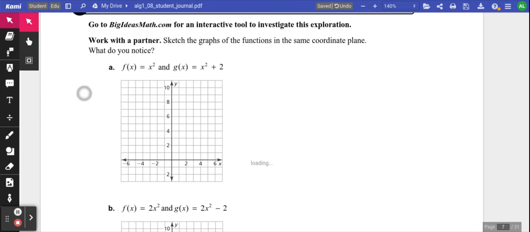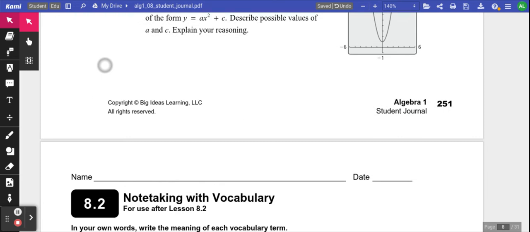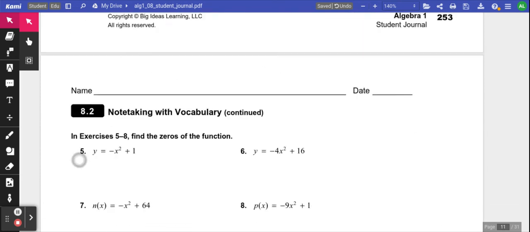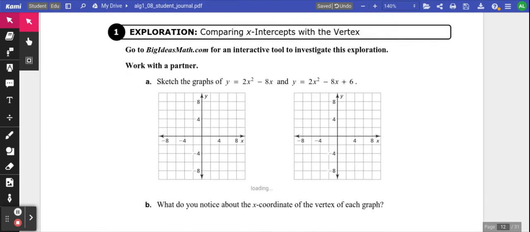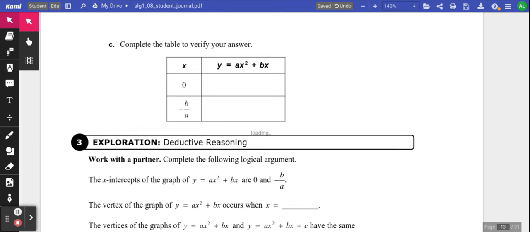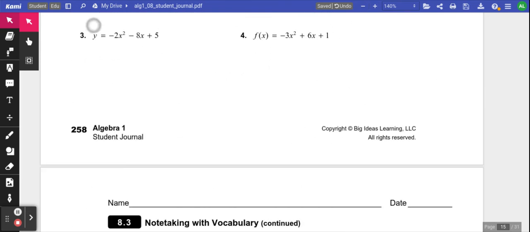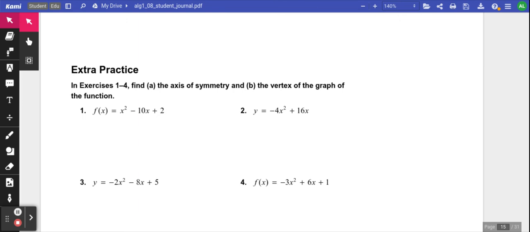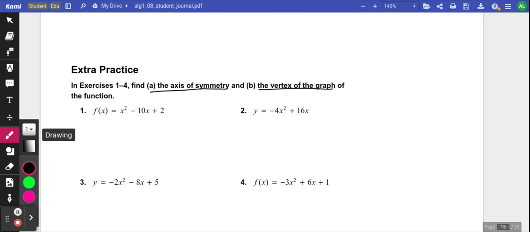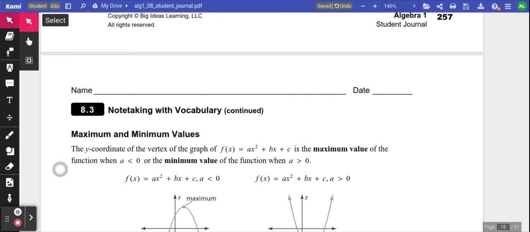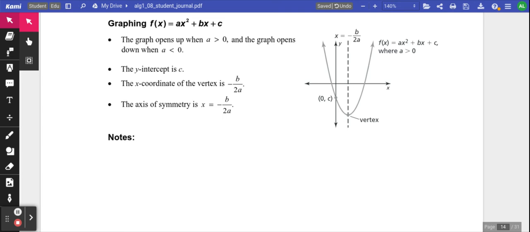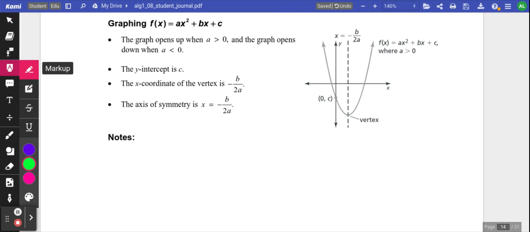So now I'm going to go all the way back to 8.3. I know this is a little confusing, flipping back and forth, but it really condenses it a little bit for us, so in the long run, it's going to be easier. Let's flip all the way back to page 258. It's still asking us for our axis of symmetry and our vertex of the graph of our function. So when we don't see a graph, the way to find this, and we have this right here in these notes,